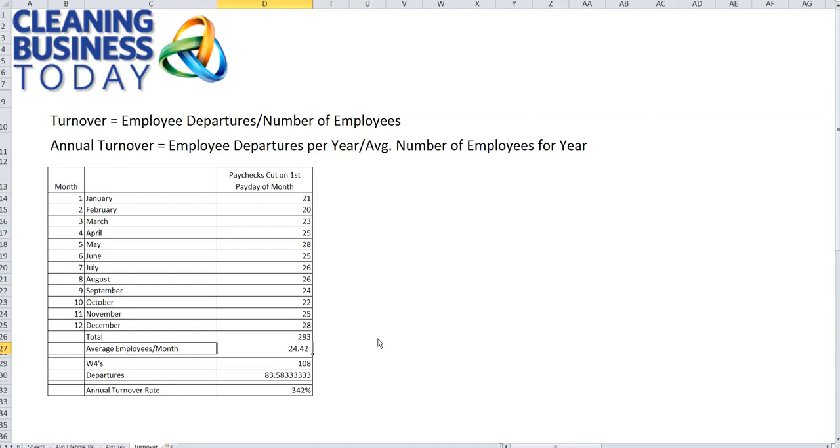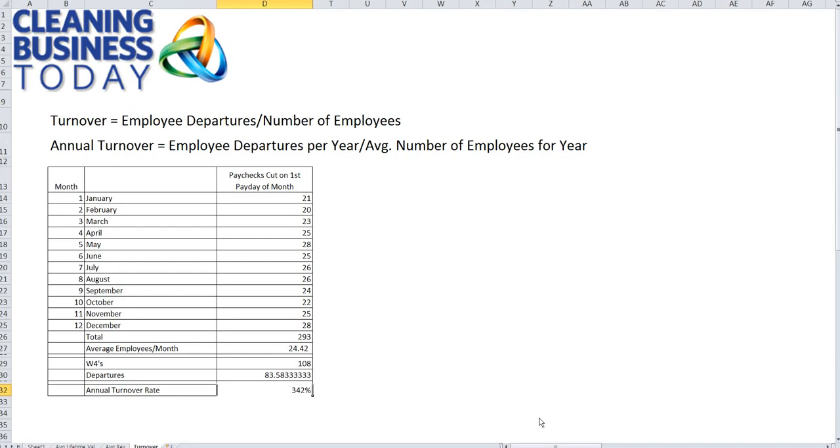A good way of coming up with the total number of people that we paid for that year would be counting the W-4s, and we should all have that information. We either do it ourselves or we have an accountant or a payroll service do that. So in this example, we're using 108 as the number of W-4s. You take the 24, the number of employees, and subtract it from the 108. That gives you a number of 83 and change, which equals the number of departures you had for that year. So if I take the 83, divide it by the 24, that gives me an annual turnover rate of